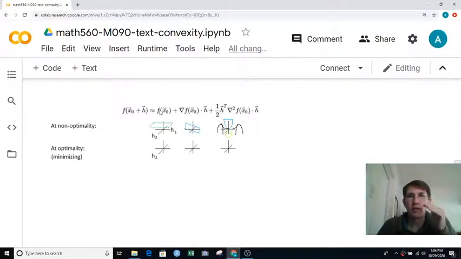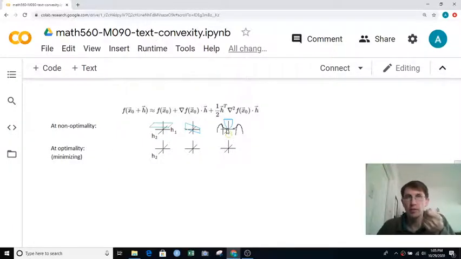So the constant part is just a perfectly flat plane. The linear term could be a tilted plane this way or tilted plane that way, through the origin. And then the quadratic term or second order term is kind of interesting. It could be a bowl like this, which could be squished this way or squished that way. It could be a bowl like this, which could be squished this way or that way. Or it could be more of a mixed term that's like a